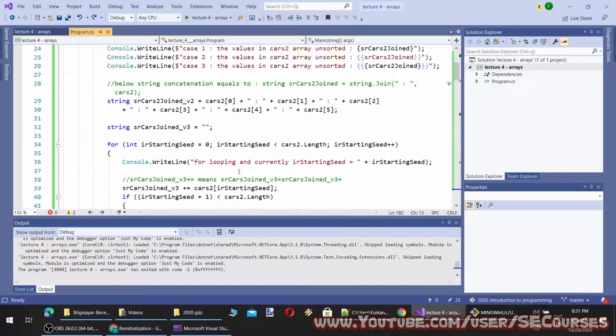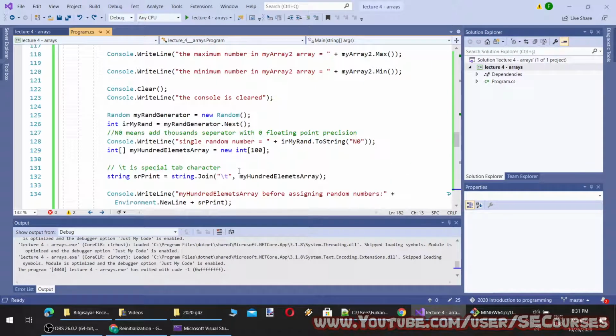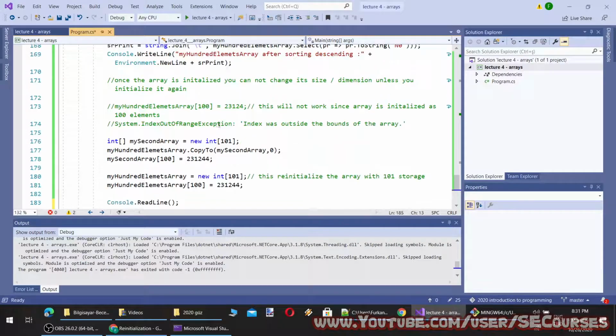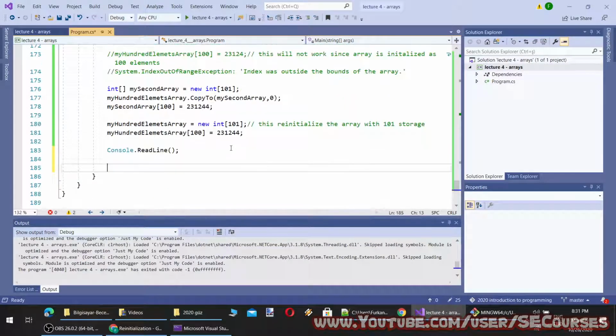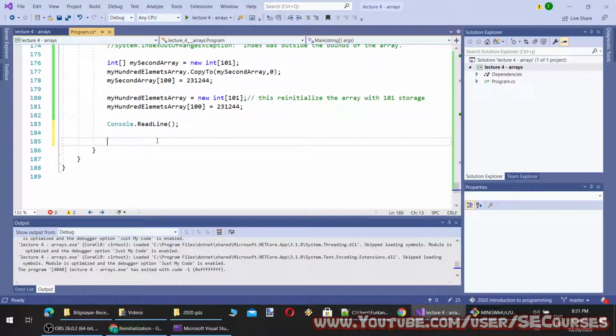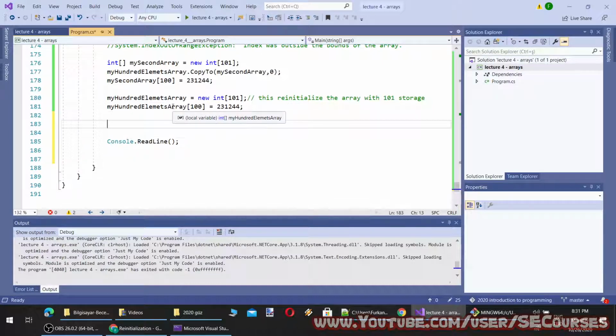I believe we have shown everything related to a single dimension array. Now I am going to show a double dimension array. So let's say I want to keep a matrix inside an array, how can I do that? Let's say my matrix is 3 3 3 first row.